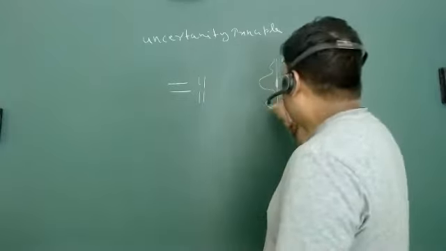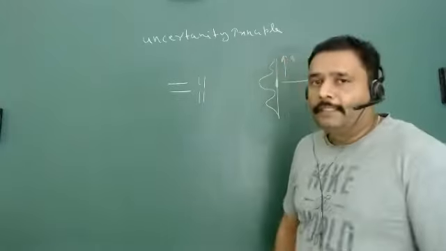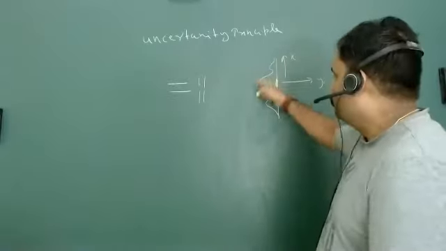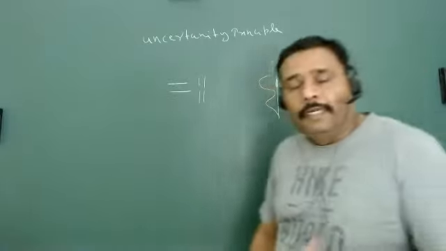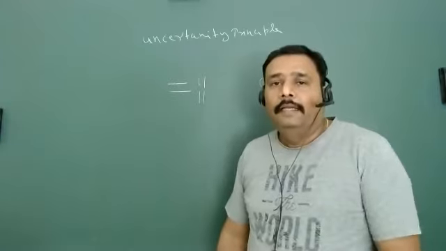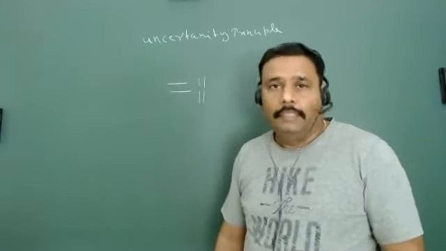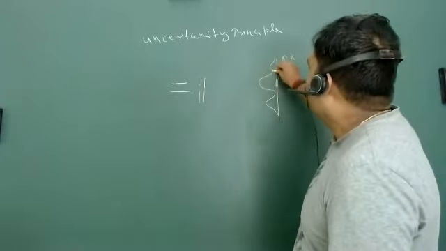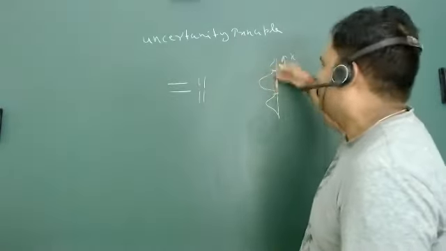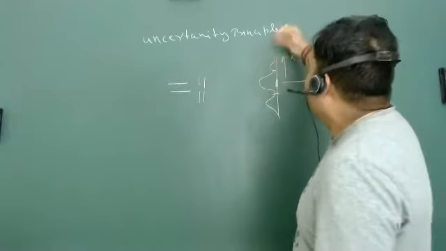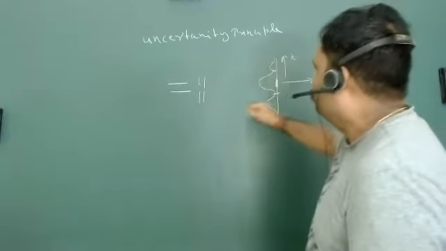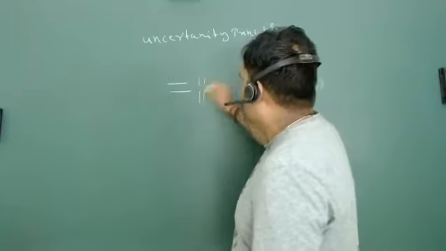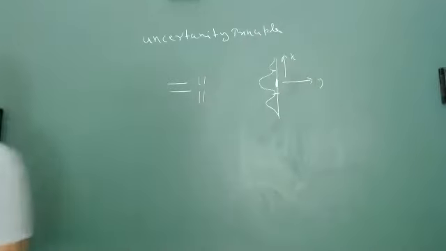I will right now calculate the uncertainty value of this experiment. You will get that it will be more than h by 2. Let's try to calculate it. I am going to take the spread of the first maxima, because it is the main appearing thing. The other things I am going to leave. So let's go for this calculation, and the calculation is very simple, just geometric in nature.